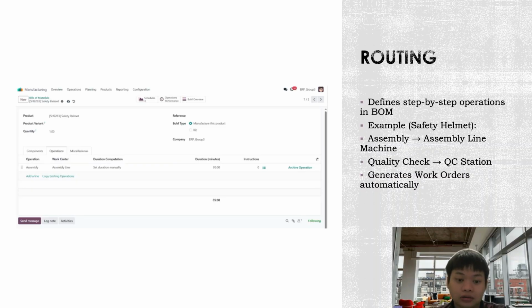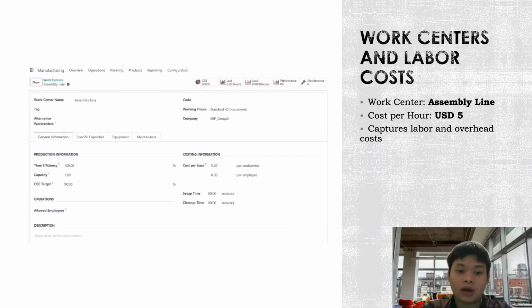Okay, next, in the manufacturing modules, we also set up routings. This defines the exact steps in production. For example, producing a safety helmet goes through assembly at the assembly line. By adding this step to the BOM, a work order is automatically generated when a manufacturing order is created. This makes production